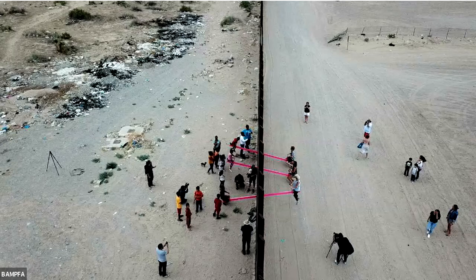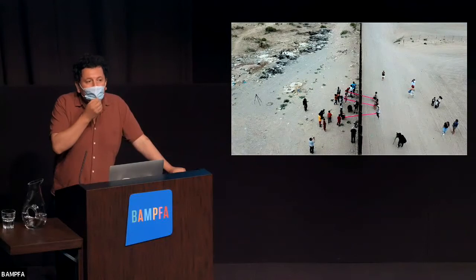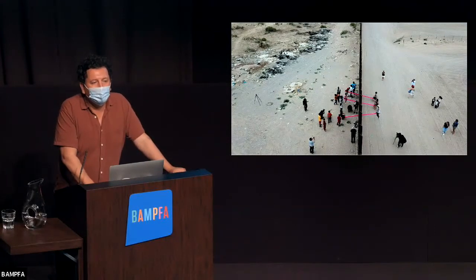And so when we talk about new ways of building, I think we can talk about how new ways of building might allow us to think about ways of unbuilding as well. We might be able to build new connections by unbuilding a wall. And for those 40 minutes, we're also able to show that the actions that take place on one side of that wall have a direct consequence on the other.